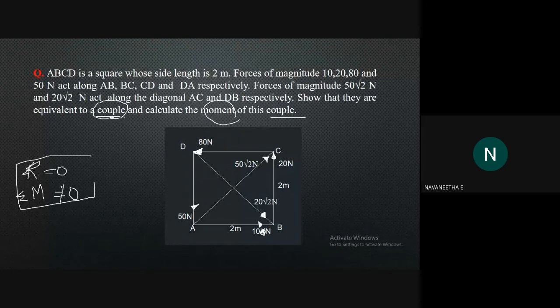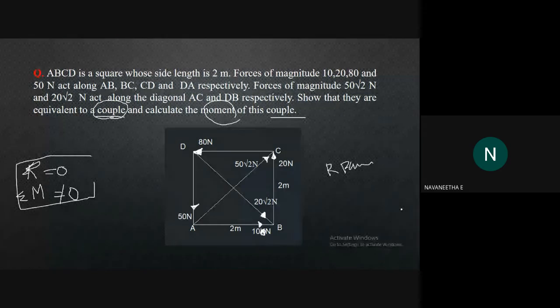First of all, you have to find out the resultant force here. We know how to find the resultant of parallel forces; we did some problems in previous classes, right? So first calculate the resultant. What is the equation to find the resultant? R equals square root of sigma Fx squared plus sigma Fy squared. So first you have to find sigma Fx.